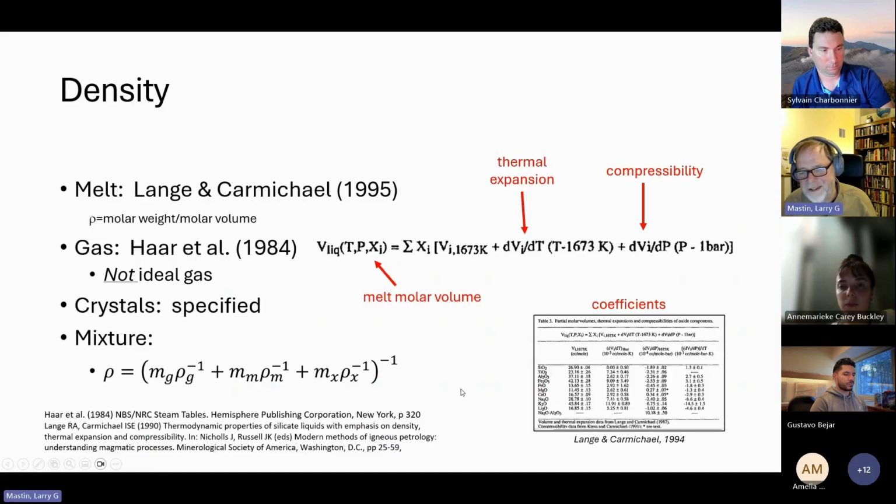Density. Okay, so I really went kind of overboard when I was calculating density. You probably could have assumed a constant density for the melt. But again, in the 90s, there was a series of papers published by Becky Lang and Ian Carmichael in particular that